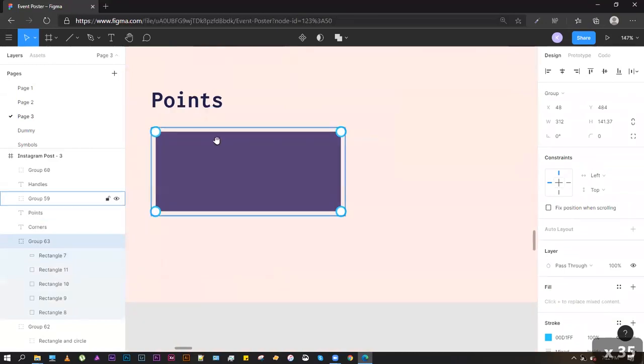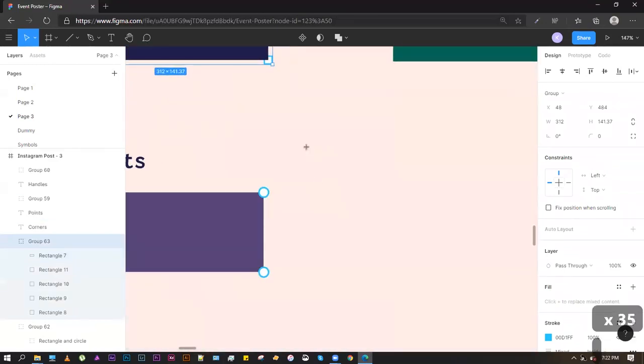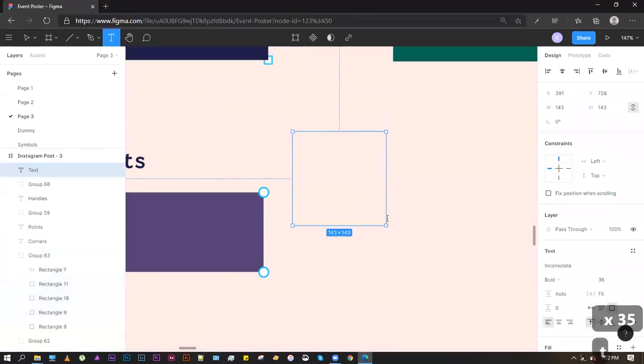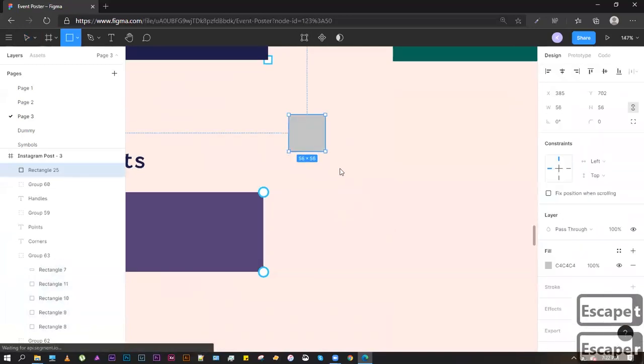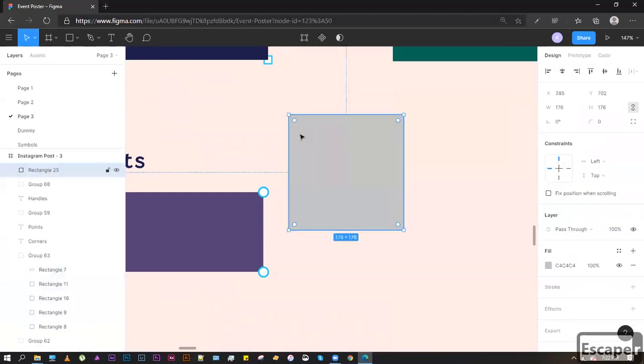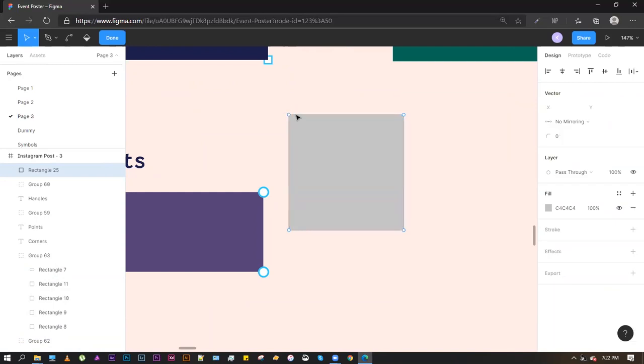And coming on to points. Okay. So if you create a shape, for example, I have created a shape. When I click on it, I see these are corners. All right. And if I double click on it, these are points. Okay. So what is the difference between point and corner? You can only adjust the size of the shape from the corners, and if you want to adjust the overall shape,